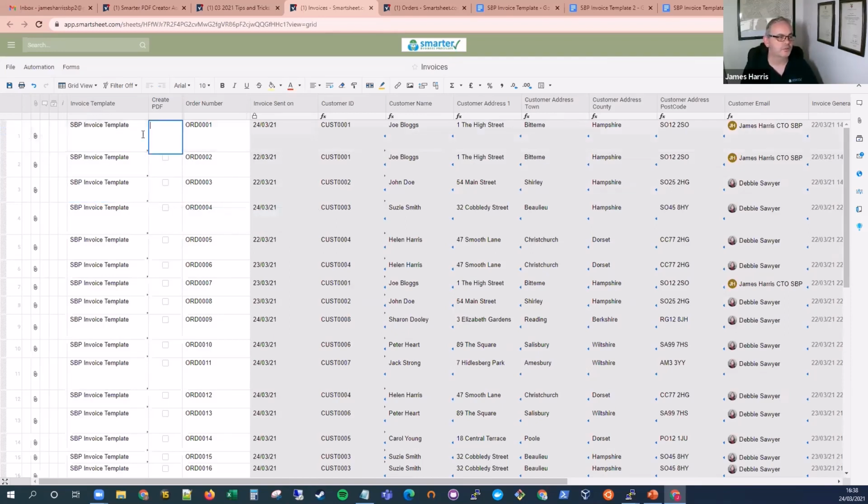But this could, of course, just include a formula in it, and under the certain conditions of that formula, that box could be checked, and that would generate a PDF. So let's just run this first. All you do is check the box and save the sheet, and wait a short while for it to go off and do it in the background. What it's going to do